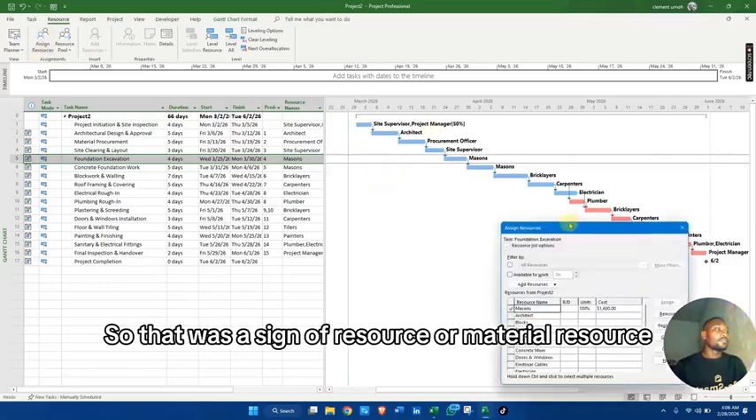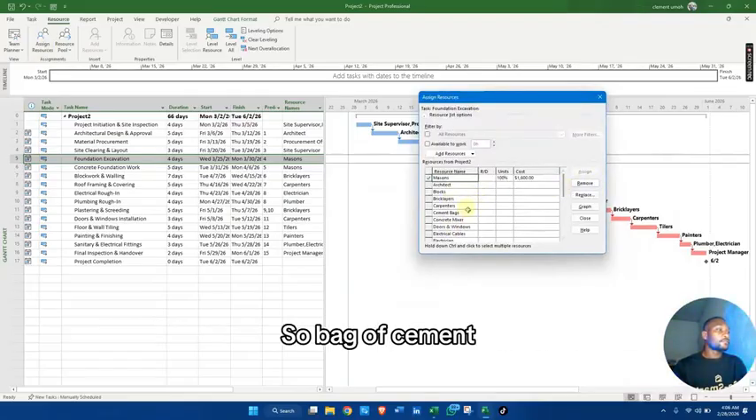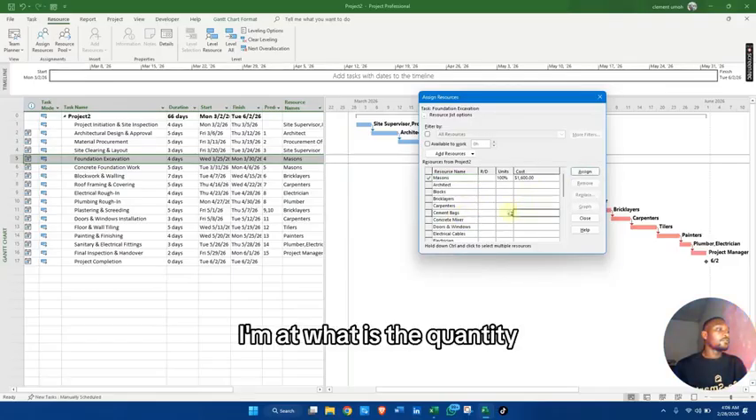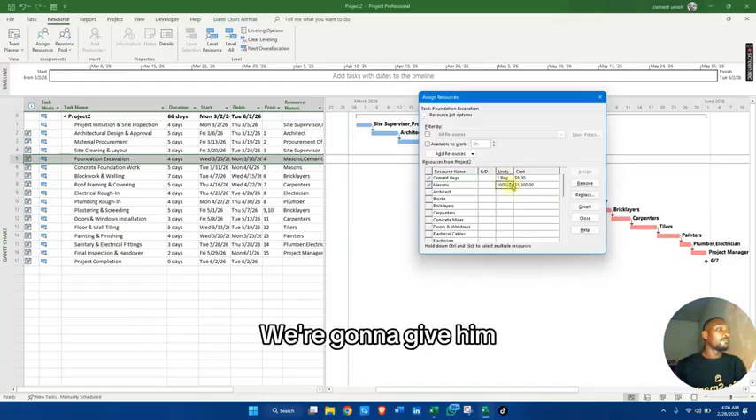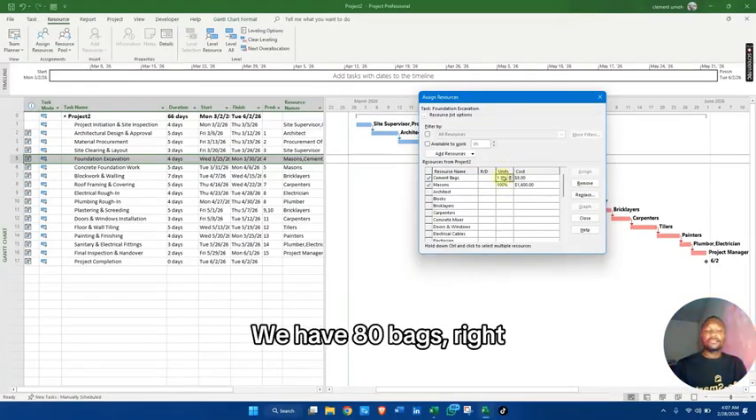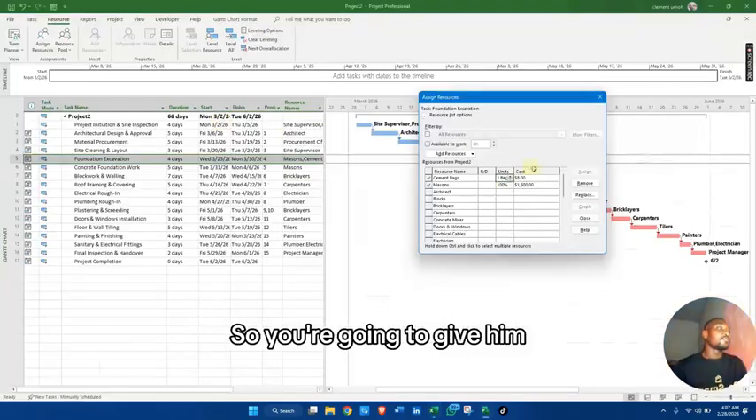So let's assign our material resource. Bag of cement. What's the quantity? We assign bags of cement to this guy. So we're going to give him how many bags? We have 80 bags, right? 80 bags, 400 quantity. So we're going to give him